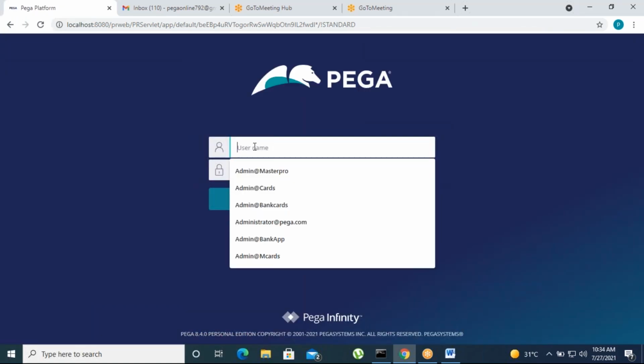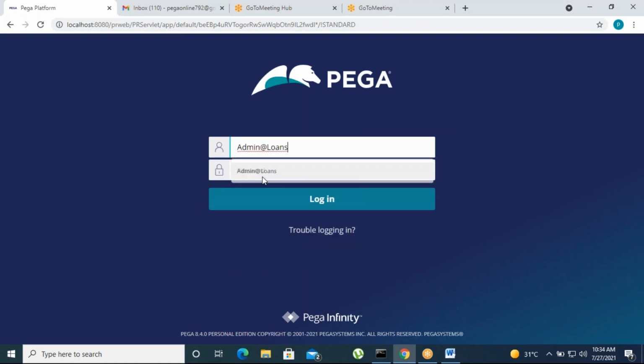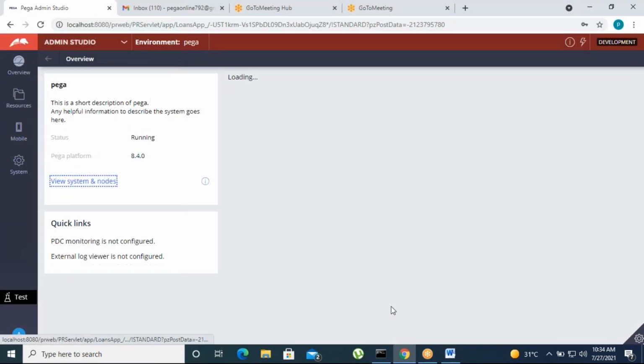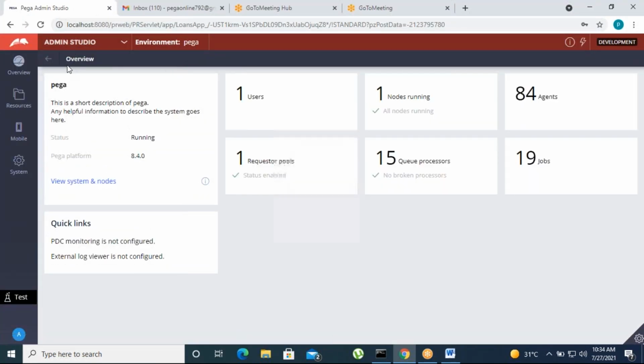Okay, let's log into the other application now. At rate of loans, the password is rules. Click on Dev Studio.